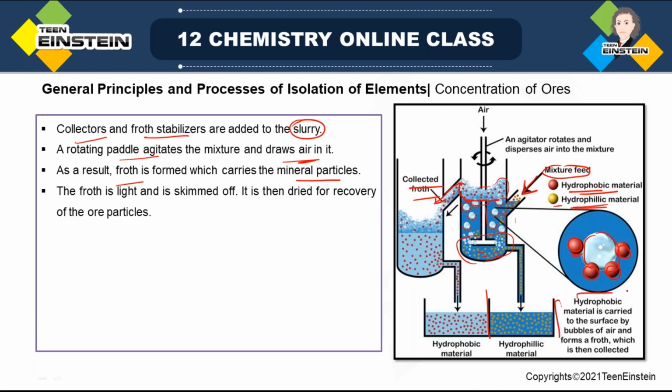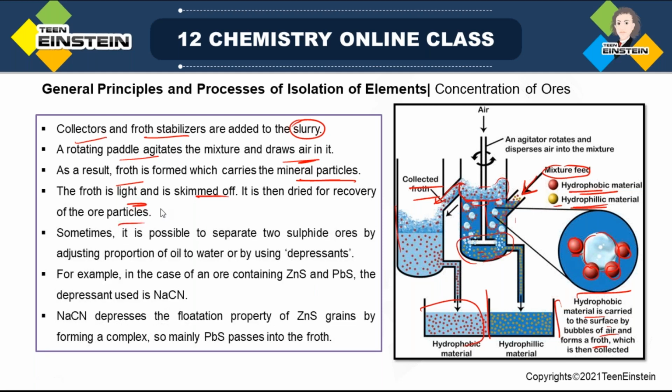And in this enlarged version, you can see the hydrophobic material carried to the surface by the air bubbles, and it forms a froth. This froth is collected here and ultimately separated. The hydrophobic material mainly contains our required part, the desired part, and the hydrophilic part contains the impurities. So the froth is formed which carries the mineral particles, that is the desired part. It is lighter compared to the hydrophilic part, and is skimmed off. It is then dried for recovery of the ore particles. Now sometimes it is possible to separate two sulfide ores by adjusting the proportion of oil to water by using